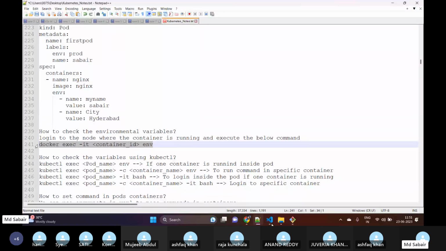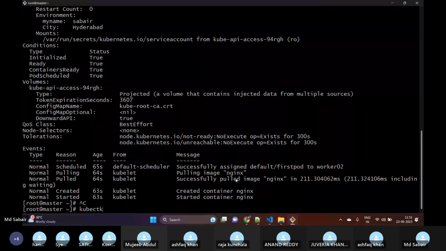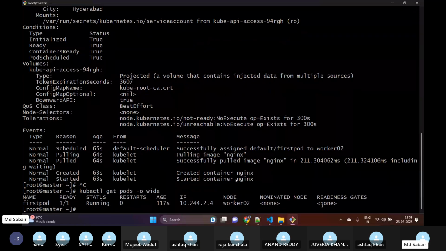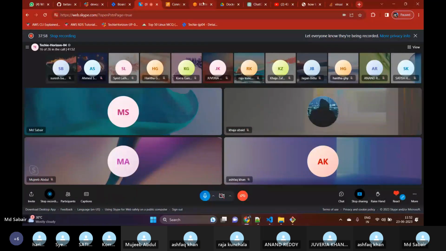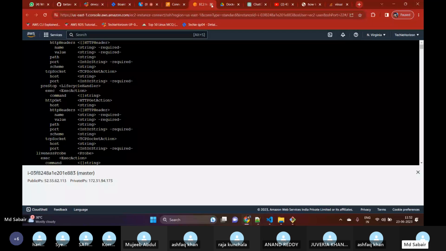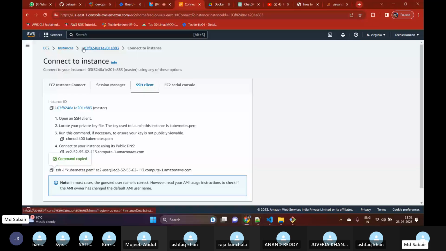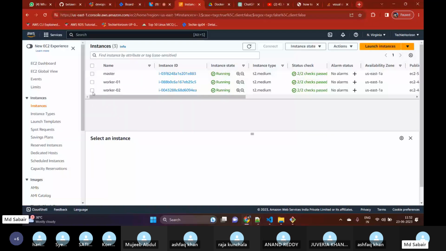For example, let me show you this as well. kubectl get pods -o wide. Where is this pod running? This is running on worker02, right? So let me try to log into worker02 now. If I go to my instances, and go to my worker02 and try to connect to the EC2 instance,